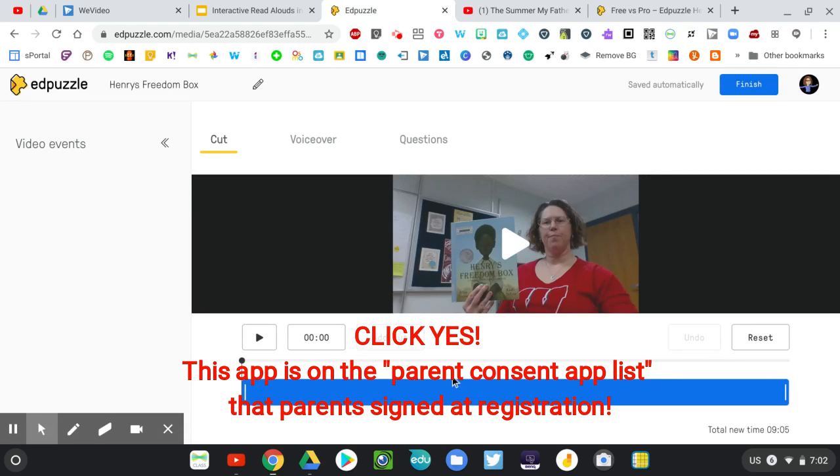And you can see I've got a timeline across. I have some choices. I can cut out parts of a video. I can voice over parts if I want to add some of my own explanations. I'm going to focus on adding some questions. I can choose a point in the video